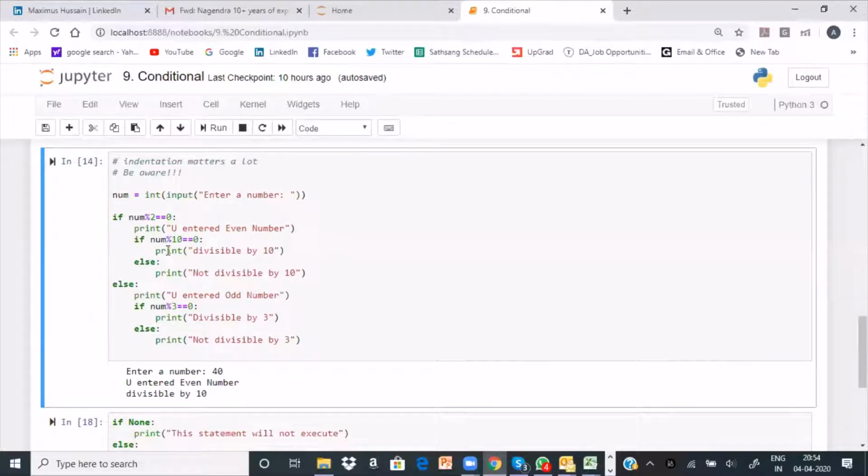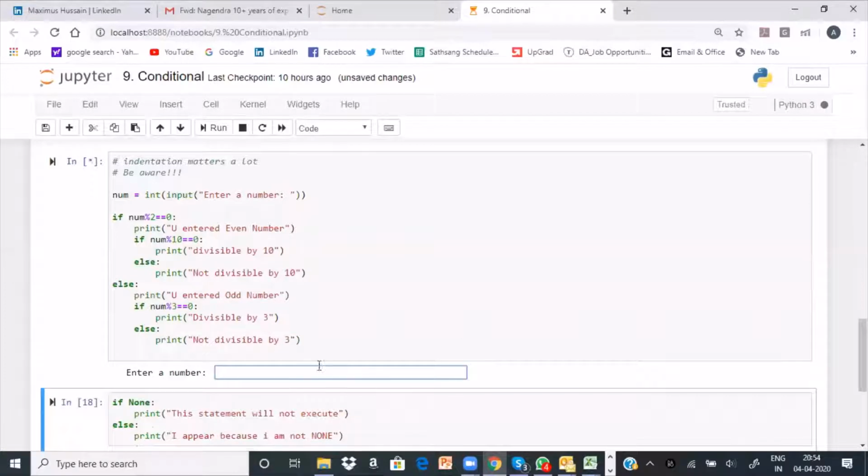Then again, when you want to write some statements here, you have to provide the indentation and write it. If you don't do that, the system will throw you an error. Let me show you. Now it's working.